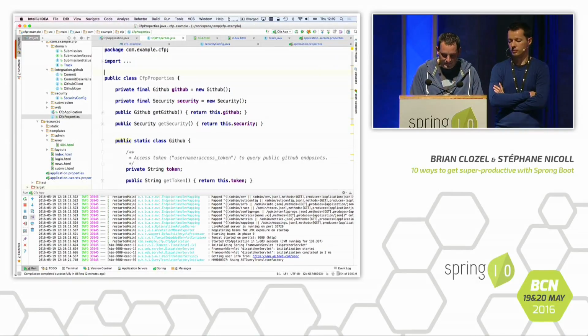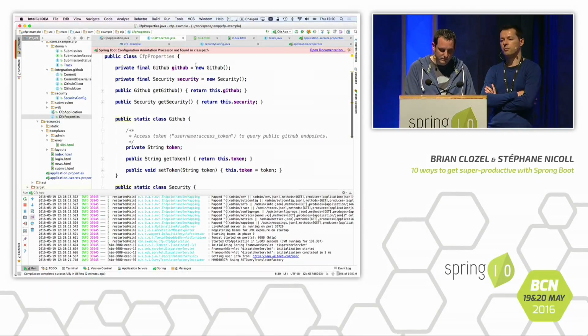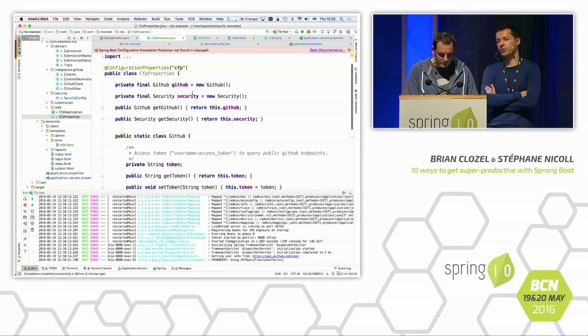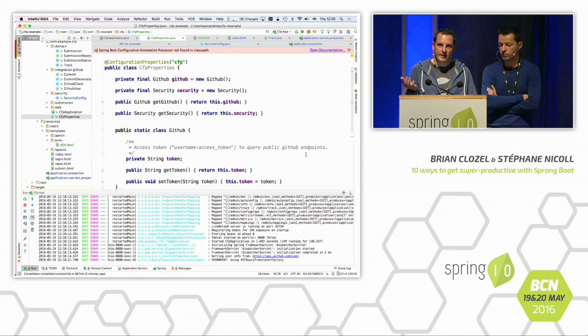I'm going to add configuration properties. So what does that do? The configuration properties annotation is basically telling the namespace where you want that configuration to live. So all of the keys that you're defining here will start within the CFP namespace, and then there'll be CFP, GitHub, security, and by using inner static classes, you can go on with that namespacing and define the custom properties you want. So this file actually exposes two properties, cfp.github.token and